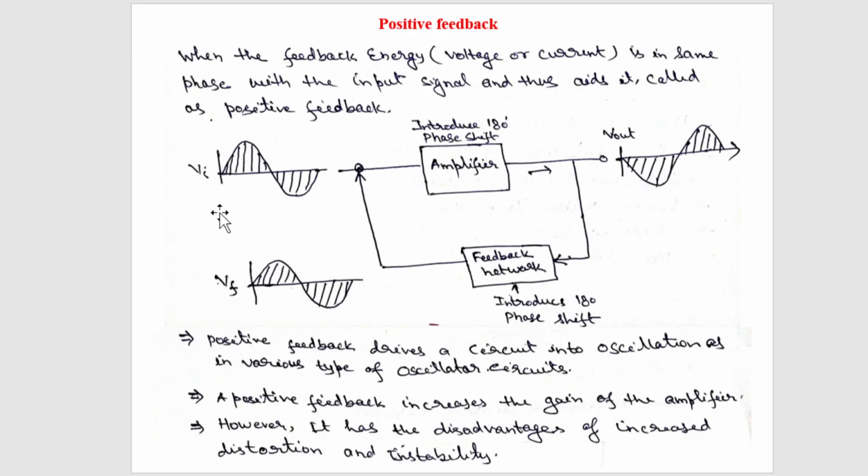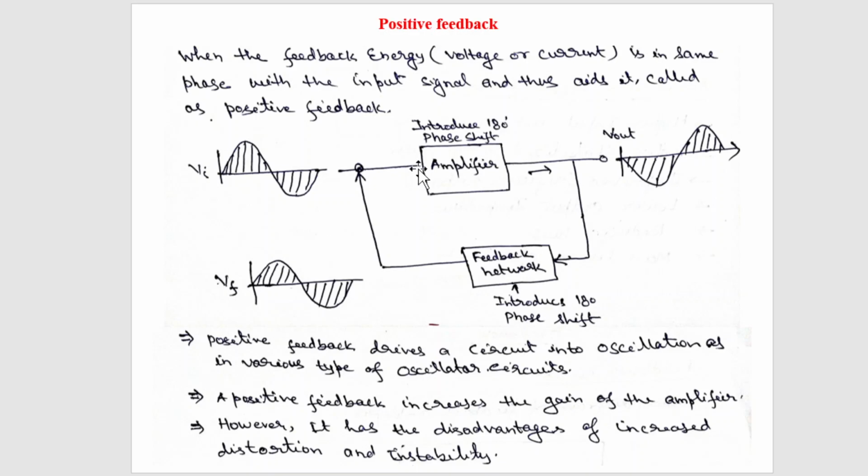So if you have input in this phase, your output will have a 180 phase change. Okay, so this is an amplifier, and it is not necessary that all amplifiers introduce a phase shift of 180 degrees. There may be some amplifiers which introduce zero phase shift. They may introduce some other phase shift, maybe 180, maybe some more. It depends on which amplifier you are using. There may be no phase change.